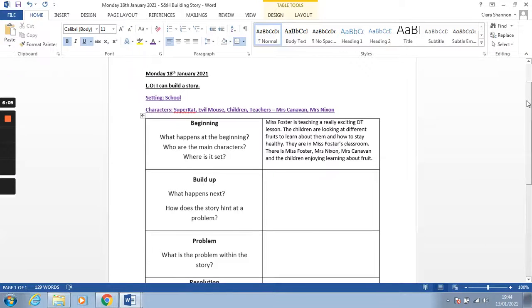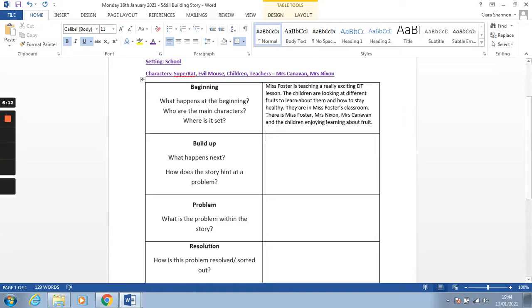Okay, now I need to start building it up because that is kind of interesting, but if we want a story, we want it to get exciting, don't we? Build up. What happens next? How does the story hint at a problem? So that's saying, how do we start to think, oh, there might be a problem here? So what I'm going to say is